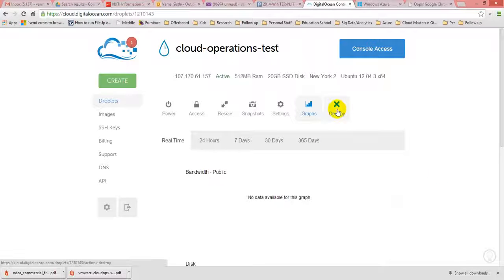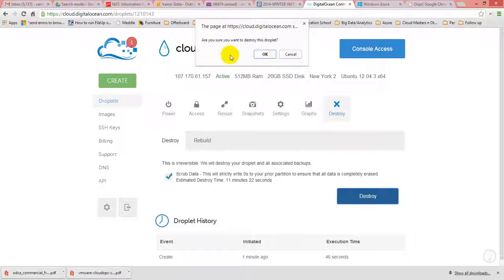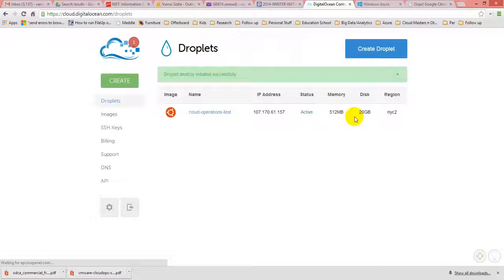And it gives me an option to just kill the instance by click of a button. In case of Heroku, it would give me a pop-up asking me to specifically type the name of the instance. In case of DigitalOcean, it did not give me that. It just gave me a second confirmation for me to again re-click the destroy button, so that it's not a mistake and I'm destroying it by intention. And it also gives me this third alert. So there you go. We created the droplet and we destroyed the droplet in a span of 5